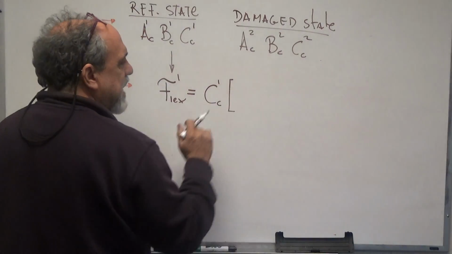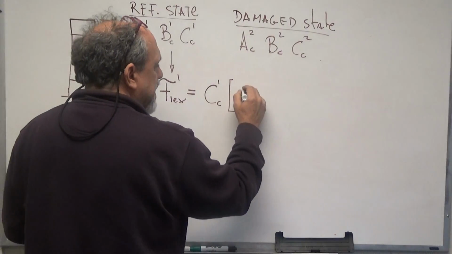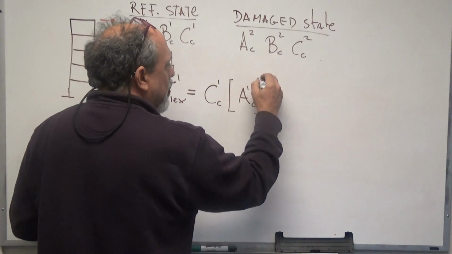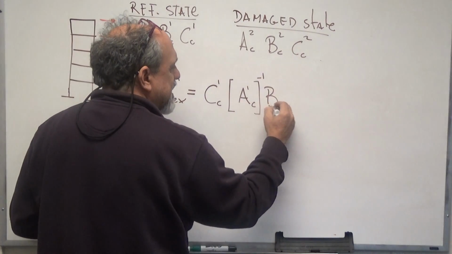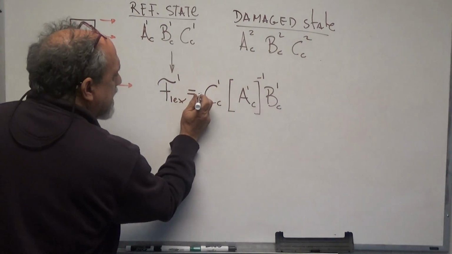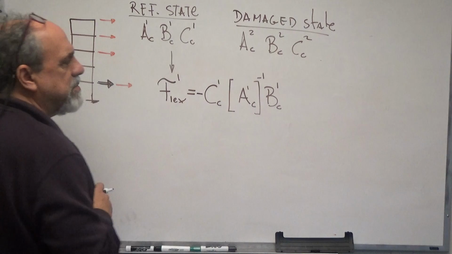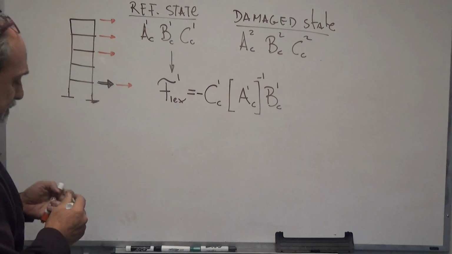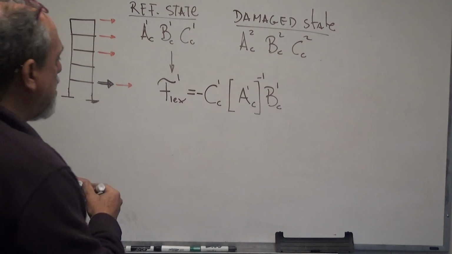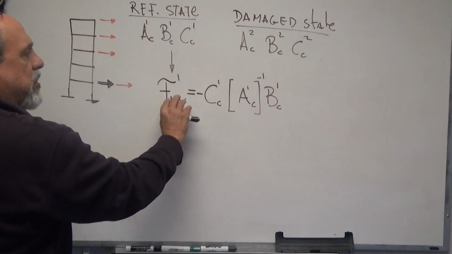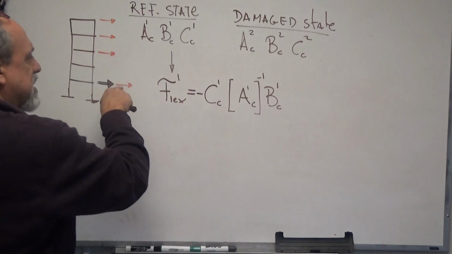The identity times S minus A, but S is 0, so we just get A C1 to the minus 1 B C1, right? And that's the flexibility in 1, and I need a minus sign here because this was identity times S minus A. So that's the flexibility in the reference state, right? Now, that flexibility in the reference state is a matrix that is 4 by 4, and it is exactly the meaning that you have from structural analysis. F1